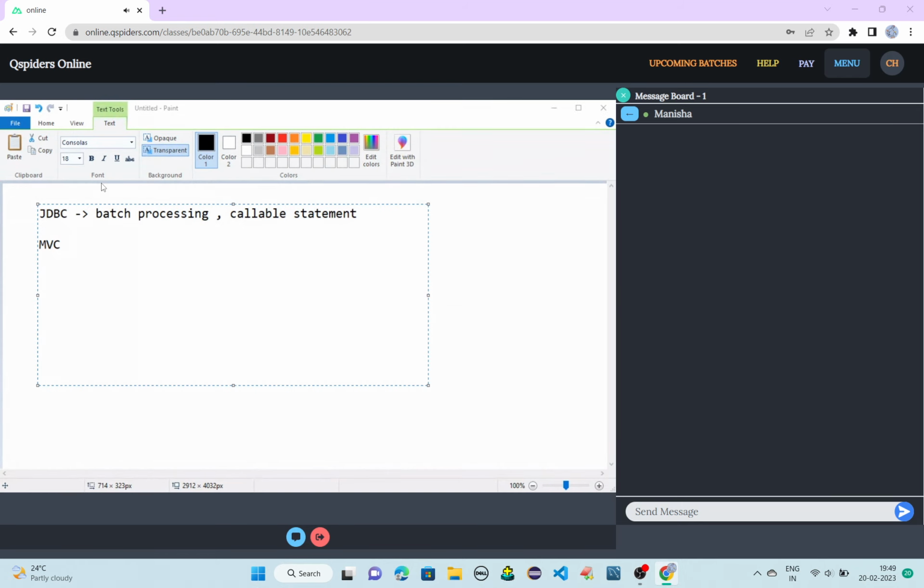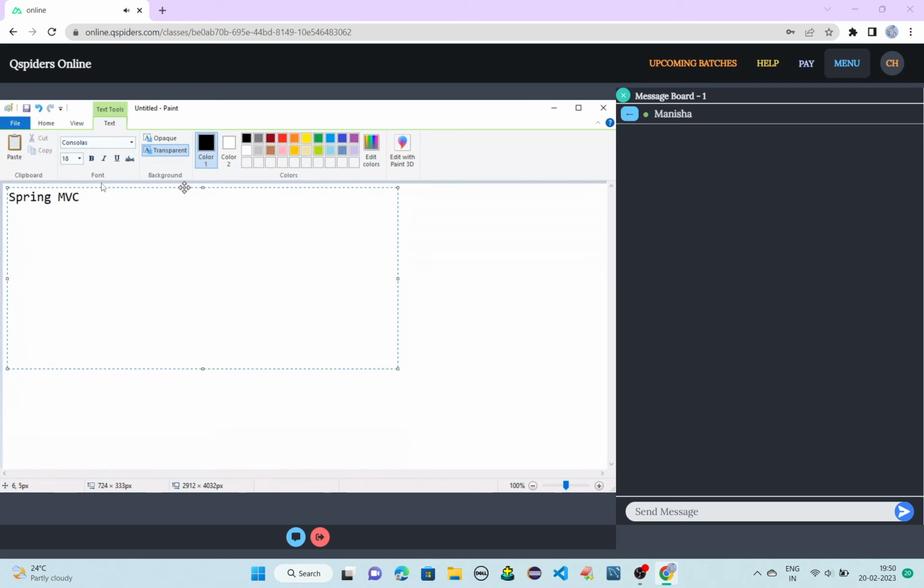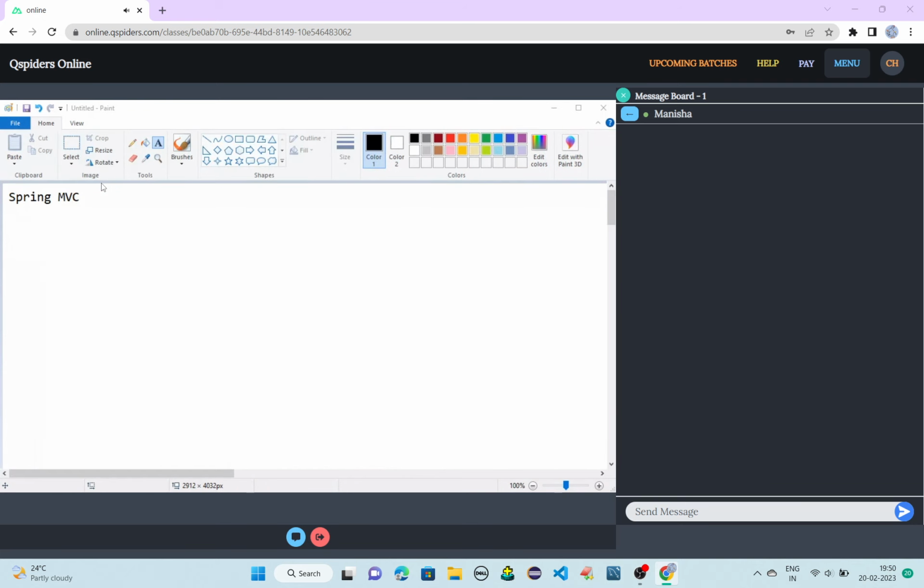So now we will try to understand MVC. Okay. Spring MVC. Can you tell me Spring MVC is an advancement of which technology? Instead of Spring, we have Spring Boot. Correct. For example, a simple example I'll give.